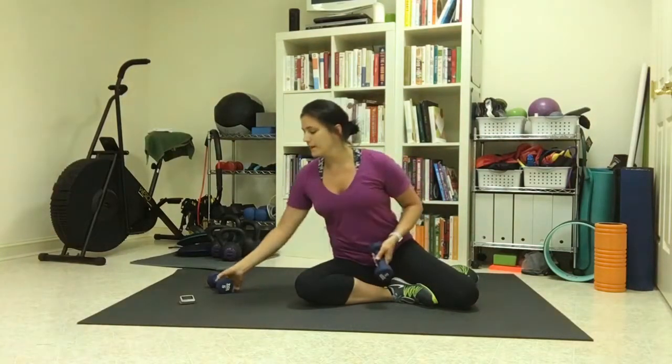Now these are 5 pounds. You could do somewhere between 3 and 8 pounds probably. What we'll do here today is unilateral work. So that means one side and then the other side. So we'll do a few exercises on each side in a row and then change positions. I'll use the weights, but remember, you don't have to. I have my handy timer set up. We have 45-second intervals of work and then 15 seconds to either transition or maybe for a little extra challenge,